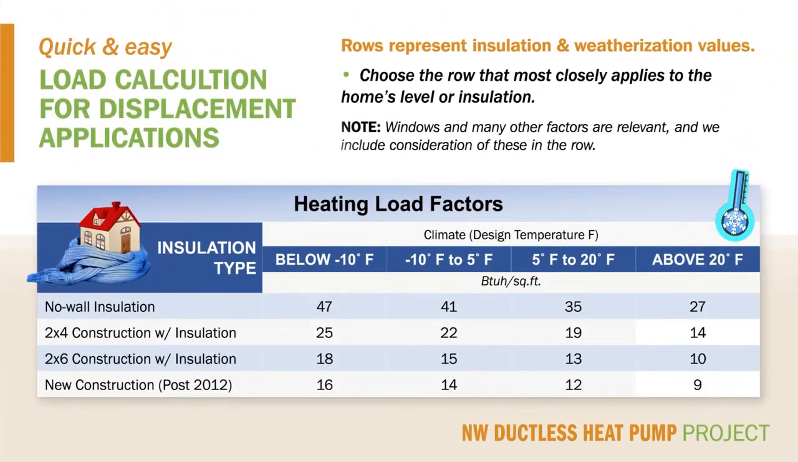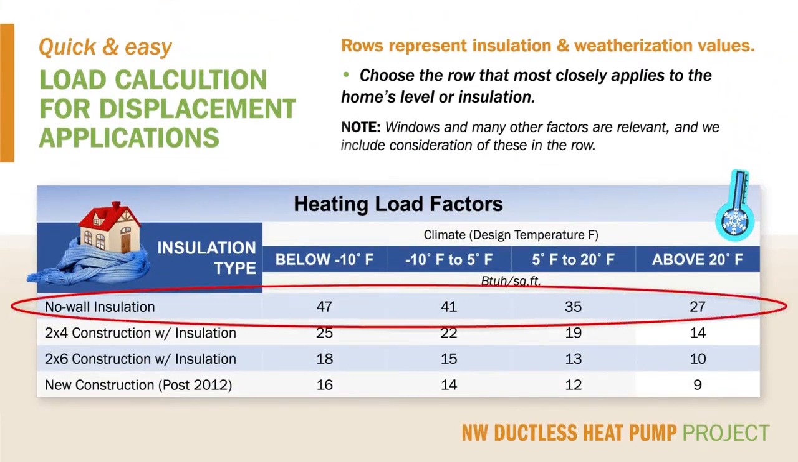Next, we identify the row that applies to the home. The rows represent several typical insulation levels found in homes. Choose the line that best applies, and it is okay to be conservative. For example, if part of the main living area has insulation and part does not, choose no insulation and just